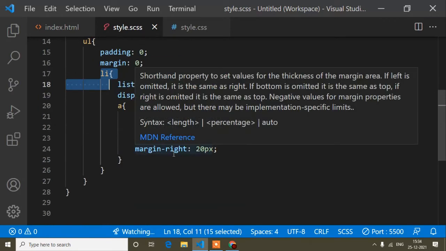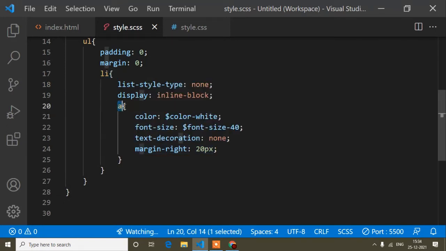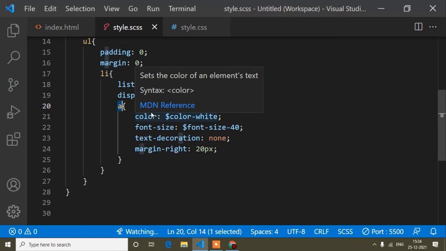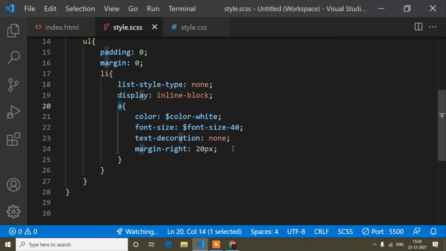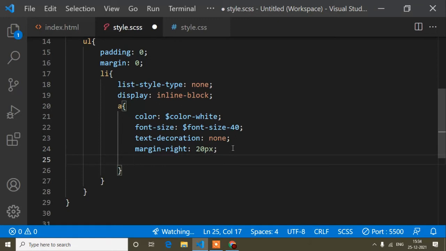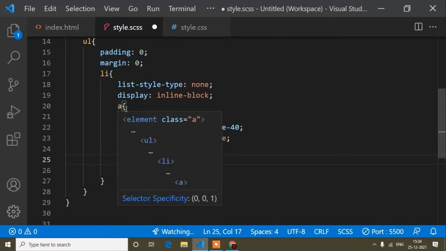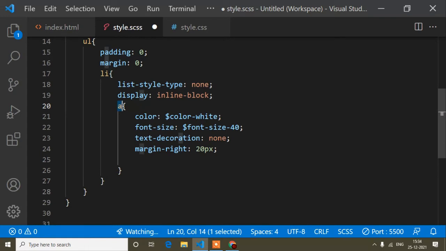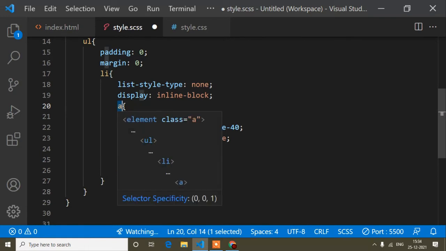But guys, hover is not a parent child relation. Hover is inside this anchor tag. Okay, so it's inside this anchor tag, because when I hover this anchor tag, at that time I want to add something.